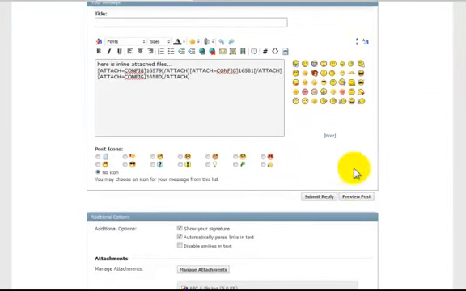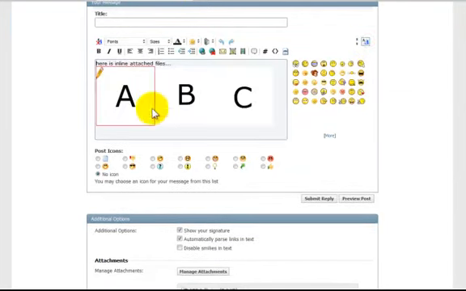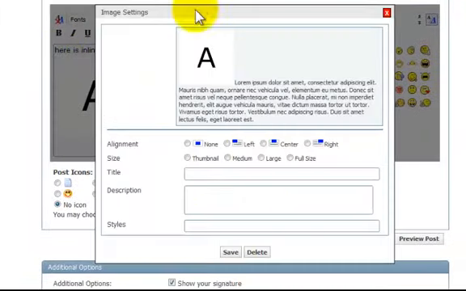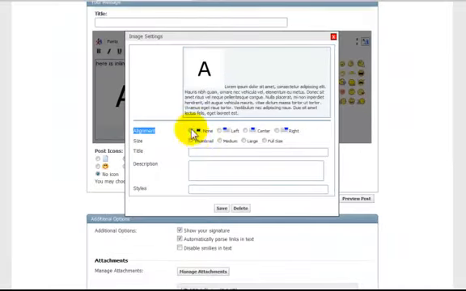Now one other thing, let's go back and look at the images. If I hover the mouse over it, there's a little pencil that shows up right there. Now let's click on the pencil, and another box opens up. This is going to give us some more control over placement, where those are going to align: no alignment, left, center, or right, and what size. So let's make that a medium size, and we'll save just that one